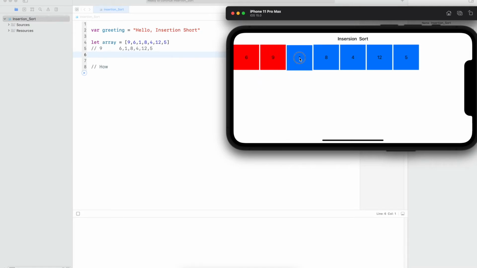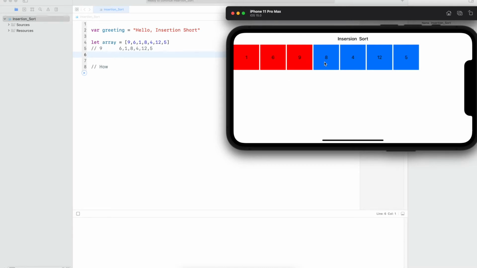Before reordering, I will pick the element 1, and you see now the hole is created. Now I will compare the element from the unsorted array to the sorted array. 1 is lesser than 9, so the hole is filled with 9. Now I will compare 1 with 6, and 6 will be moved to the hole, and now I will drop 1 in the proper position. So the array up to this point is sorted now.